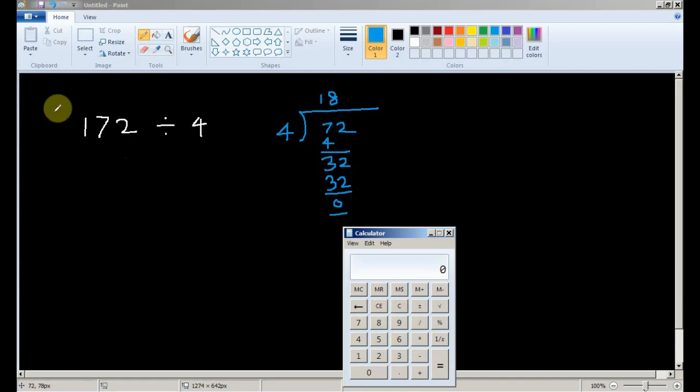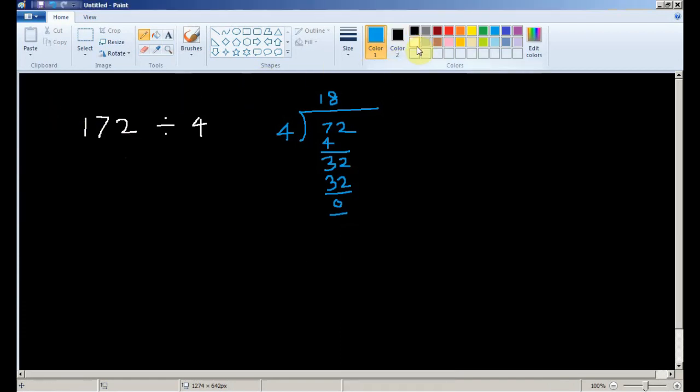What if I add one more digit here, just to see if this works or not? All I have to do is add one more number. I add 6, so now it is 6172, and we are checking whether this is divisible by 4 or not, because I checked the last 2 digits and they are perfectly divisible by 4.